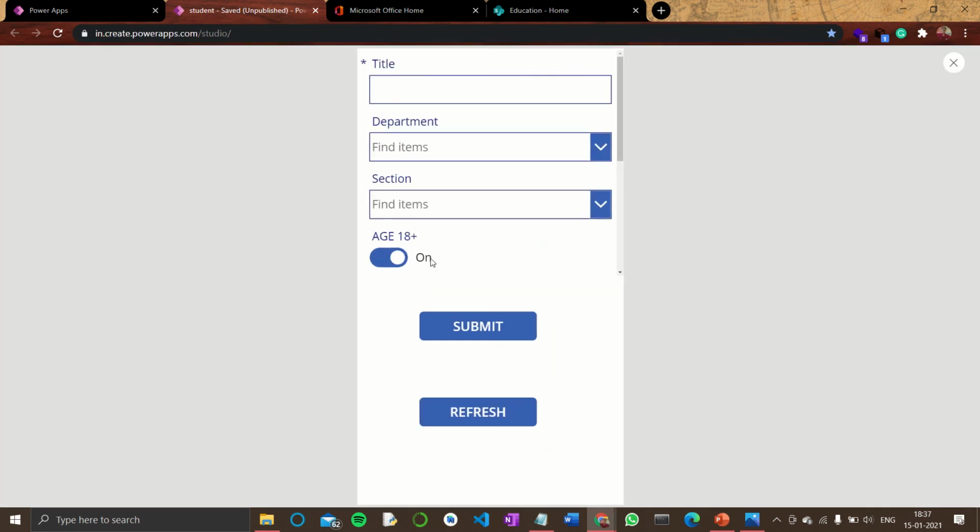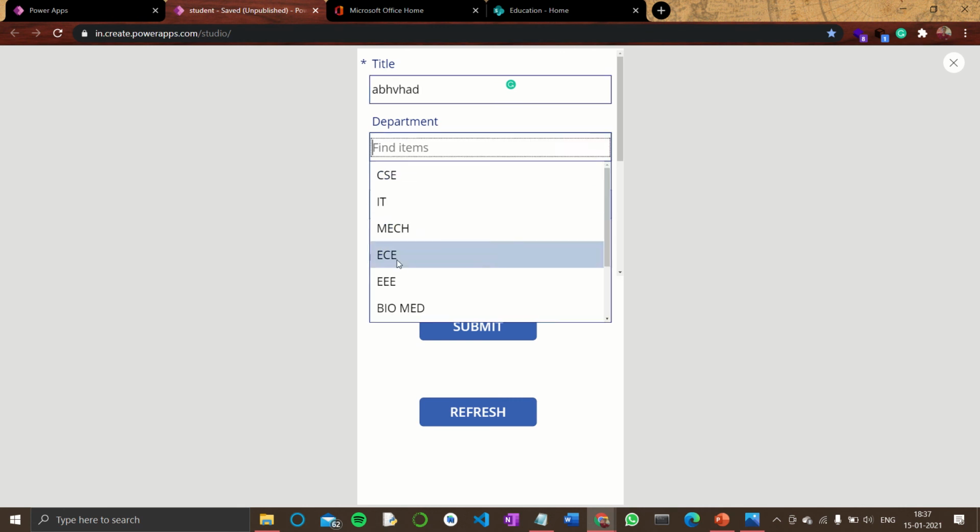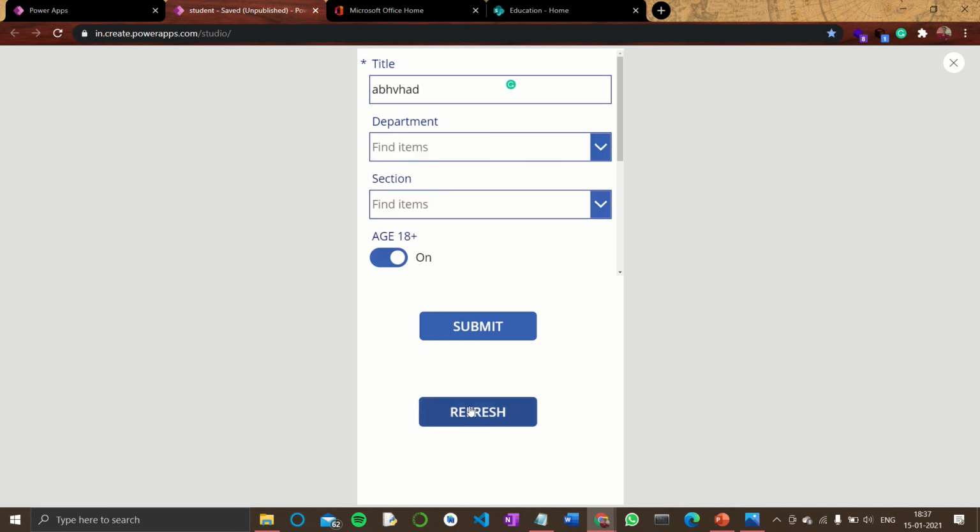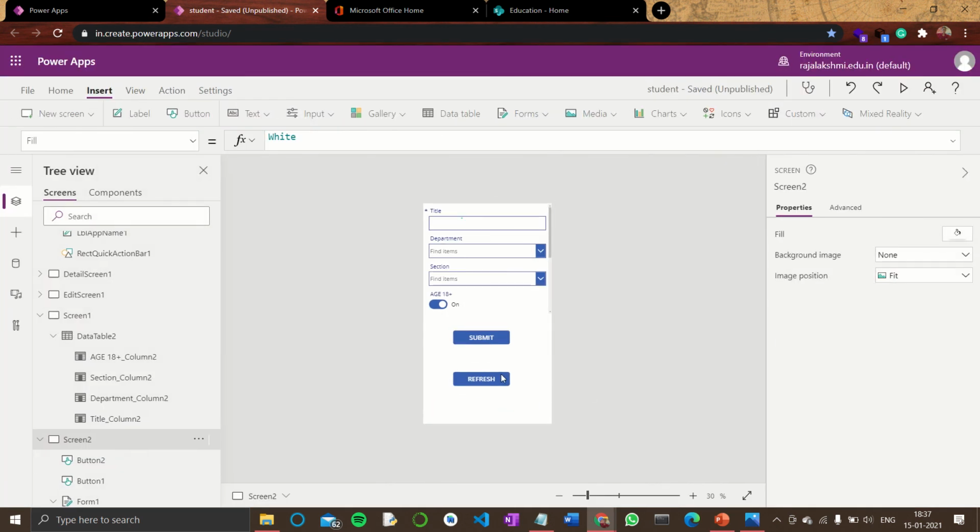Now I'm playing my application. I will give some random entry. Now I click refresh. See, the entries have been deleted, so you can give your new entry. So this is how to use the refresh button and the submit button.